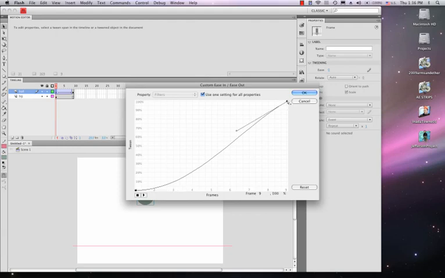Go up here and I want a fast hit, so I want this curve to be steep. There we go. So we should have a slow out and increasing speed as it comes down to make the hit. Say OK,